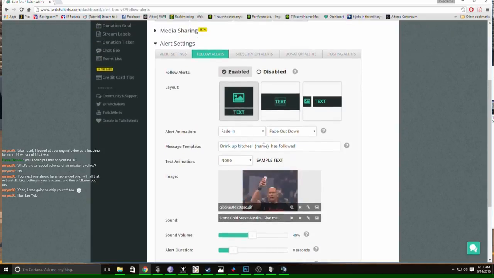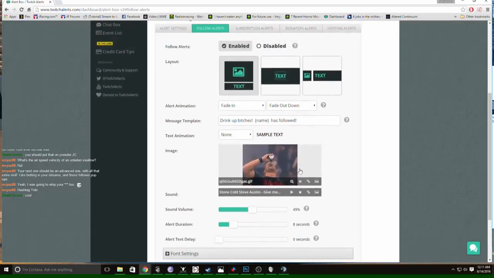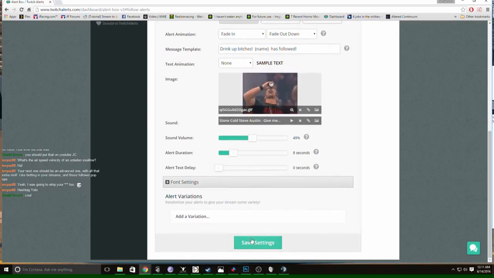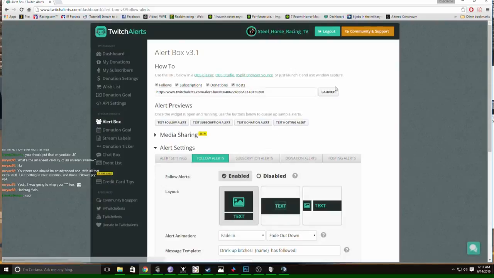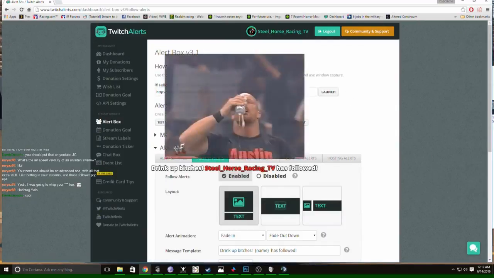And pretty much what it does is it has this little container right here, the brackets name, and that pretty much gives them the name of the user that followed. You can change it to fade in, fade out. I think it swipes in, zooms in, bounces in. You can test all that out, and then you click Save Settings. You can click the launch right here, and when you click Test the Follow Alert,